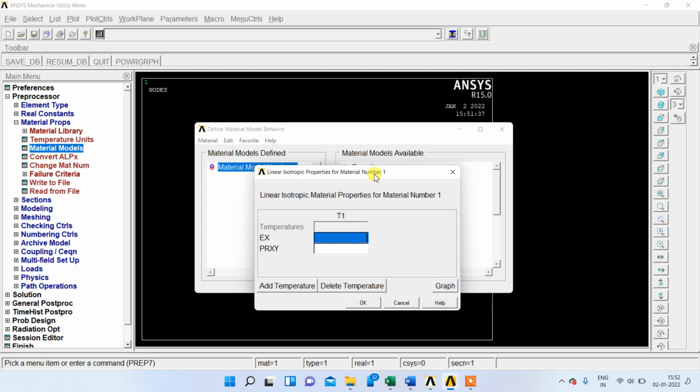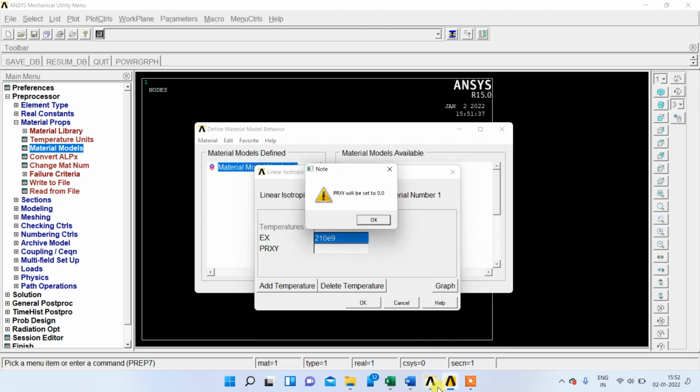That is 210 gigapascal. Here we are going to follow the unit system meter and Newton. So Newton per meter square. So 210 into 10 to the power of 9. So here we can enter 210 E9. Then click OK.